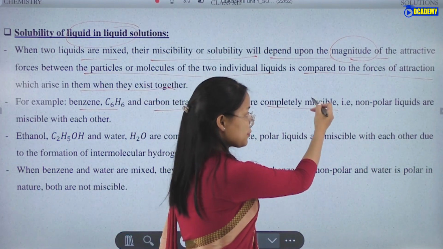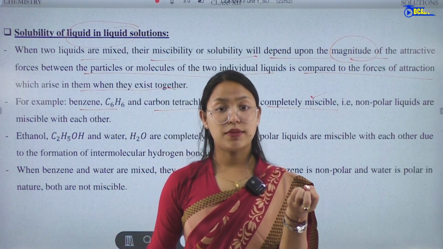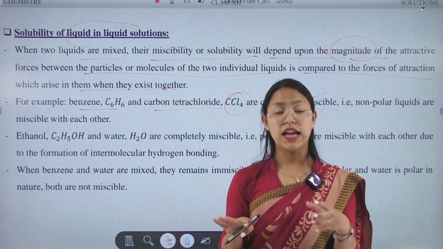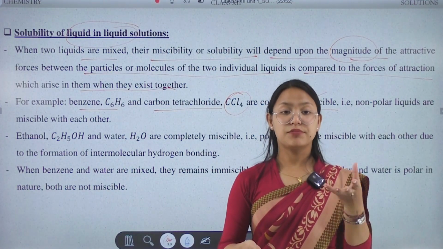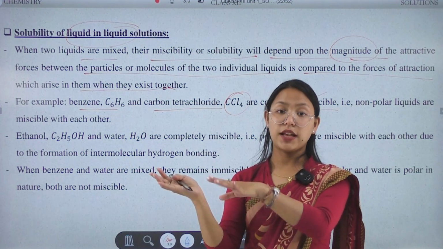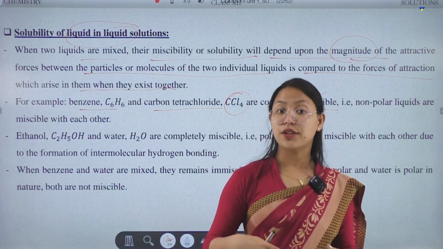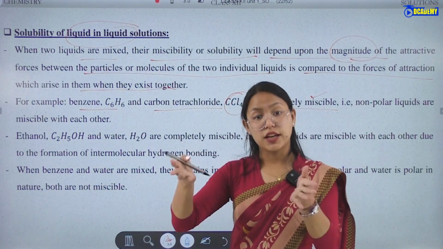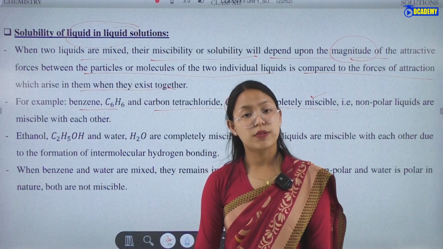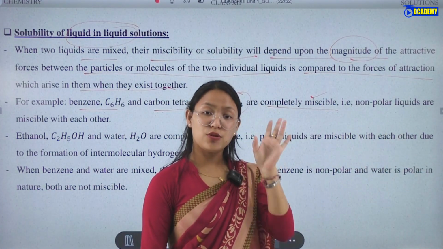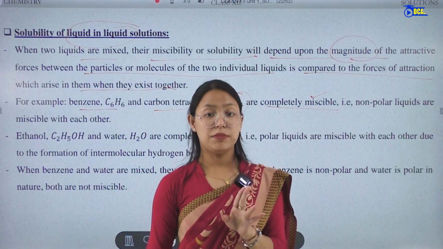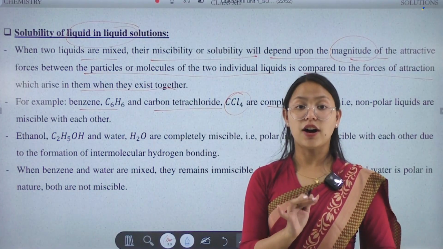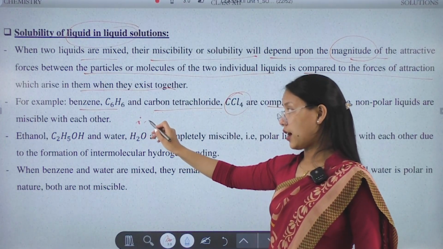Miscible means they can mix together. Liquids that mix together are miscible, and those that do not mix are immiscible. But in case of the immiscible